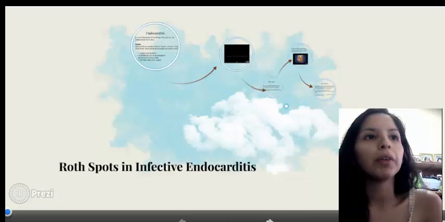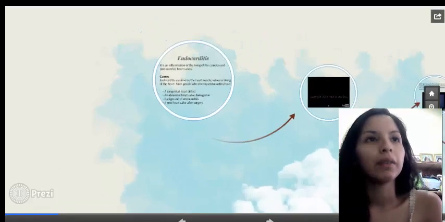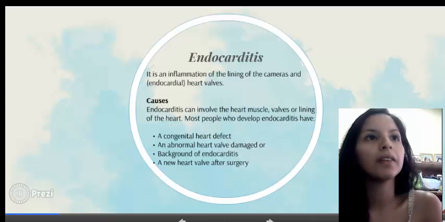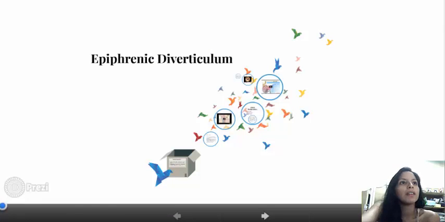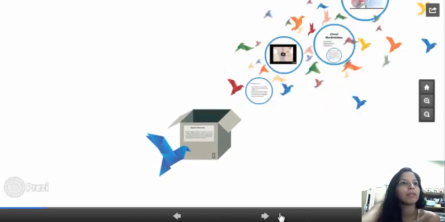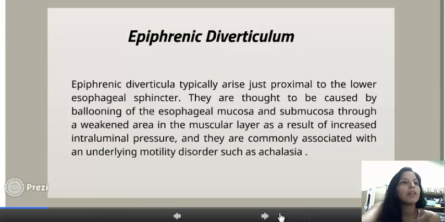Black spot in infects endocarditis. Endocarditis is an inflammation of the lining of the cameras and carots. Cause endocarditis involve the harmless epiphrenic divertcula. Most people would develop epiphrenic divertcula and typical areas proximal to the lower esophageal ducting of the endocarditis of